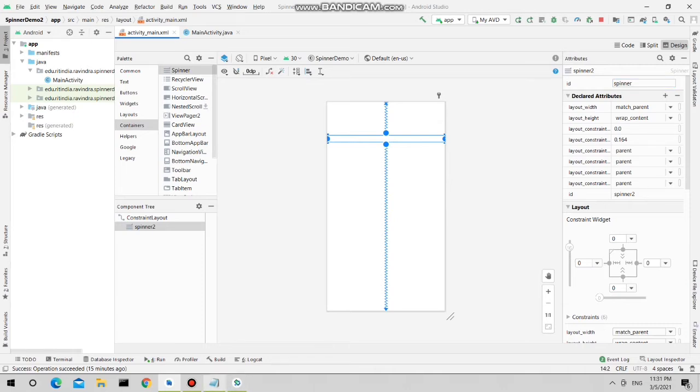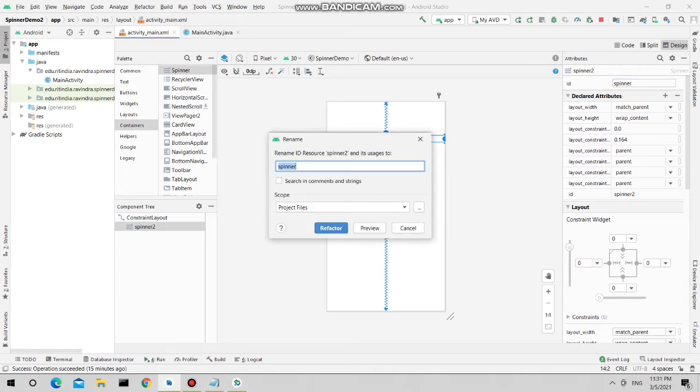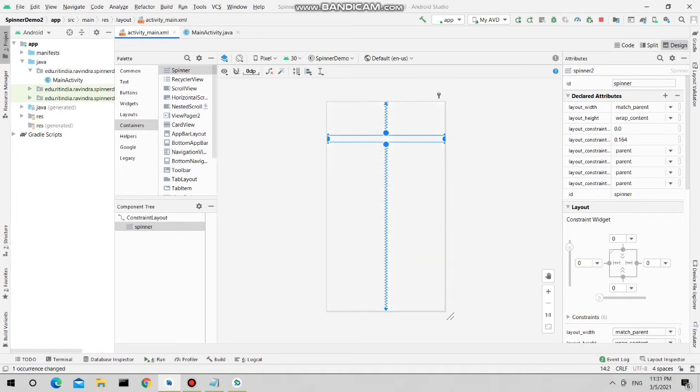Now, as we have already discussed, we require the items to be present in some source. That source may be an array list, a string array, a database, or any other data structure wherein you can store the list of items.